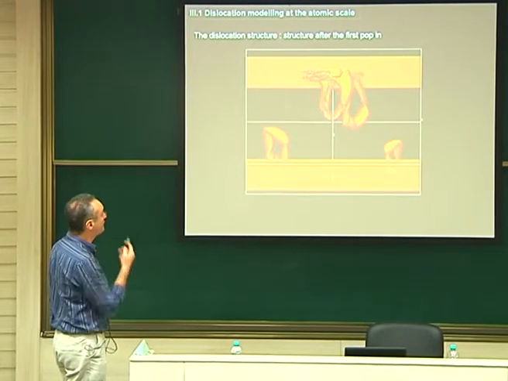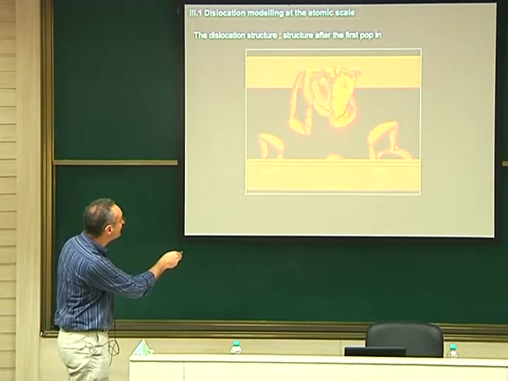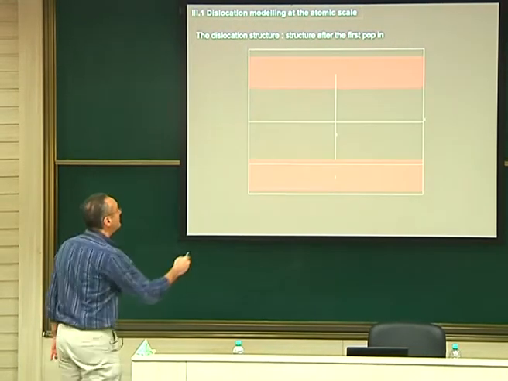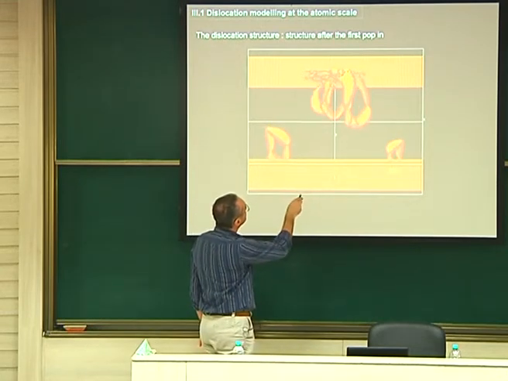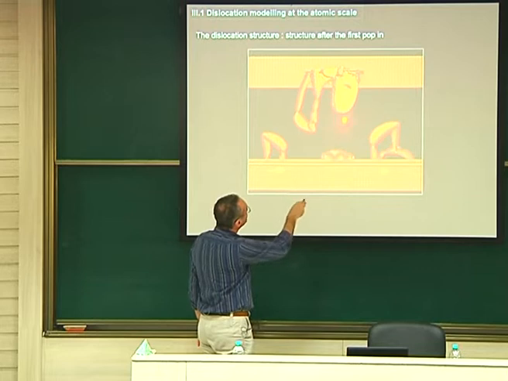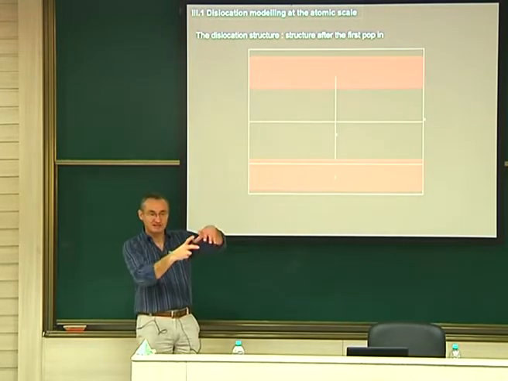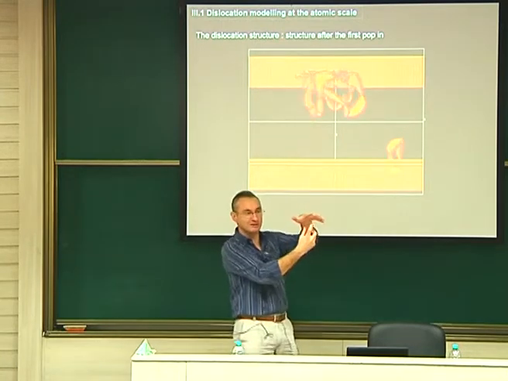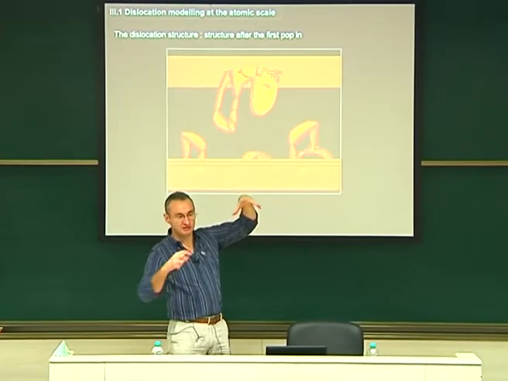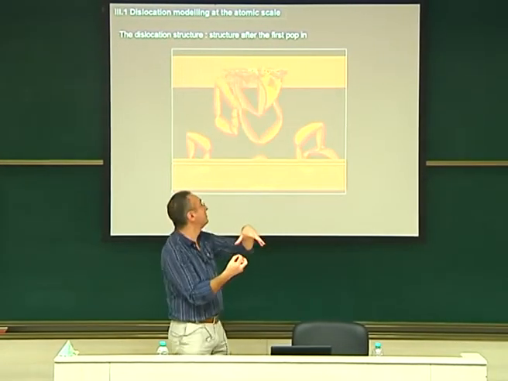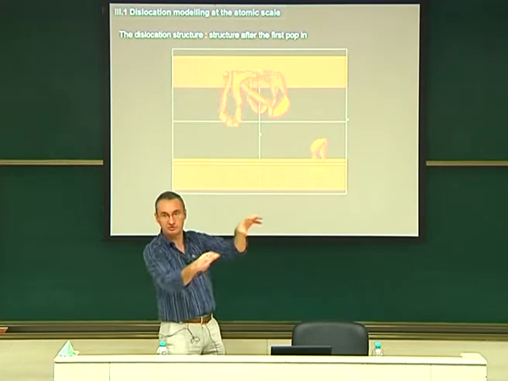One comment I also want to show you here is how you can unfold a loop in the material. You have the process here. You see here? This, I like it. You see a big partial here which is splitting. You will see a big stacking fault. Here, you see this stacking fault, and it will unzip from the center. This, I love it. You have a big stacking fault, like if a single partial was escaping, but the tail partial is not there, and then it's very large, and suddenly from the center of the stacking fault, the tail partial forms and unzips and forms the real loop.